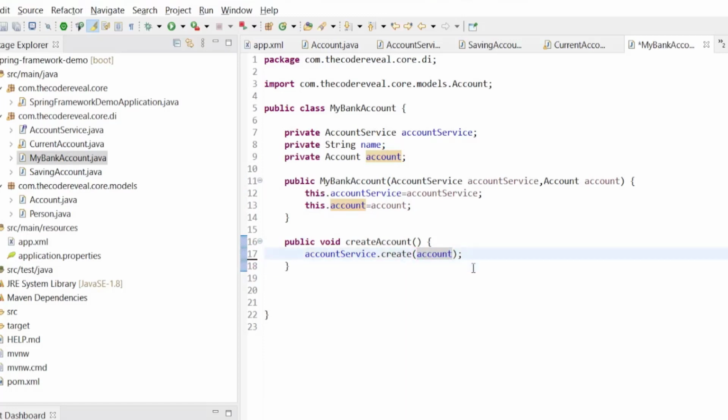We can remove this. So here we are adding the account object, and we'll pass it in my bank account when we create this bean.